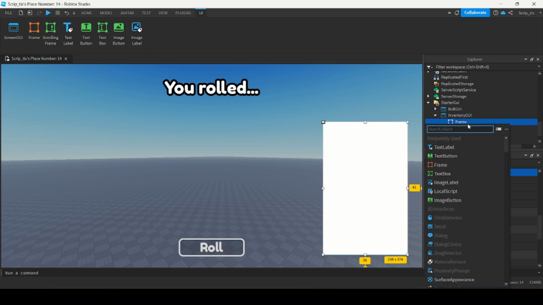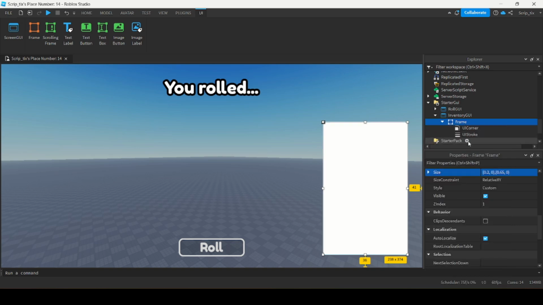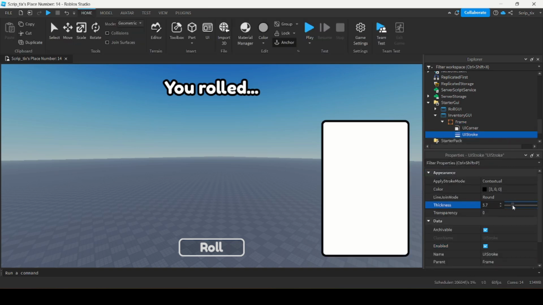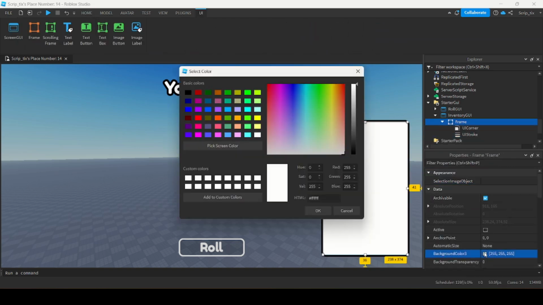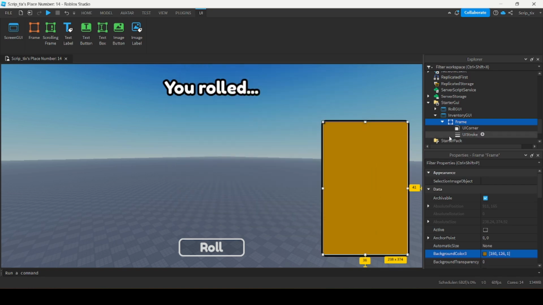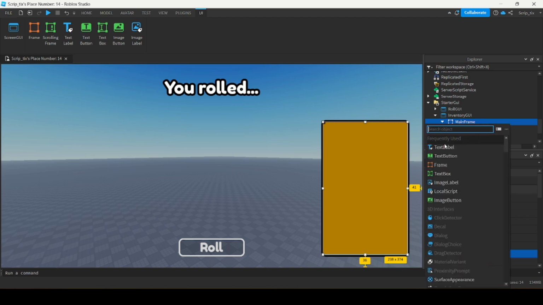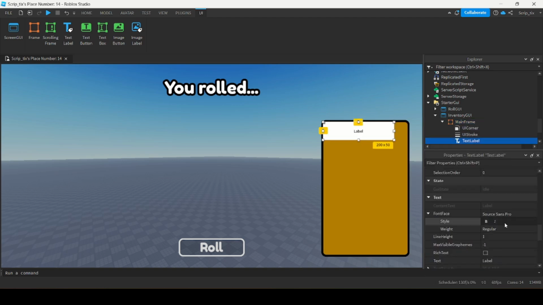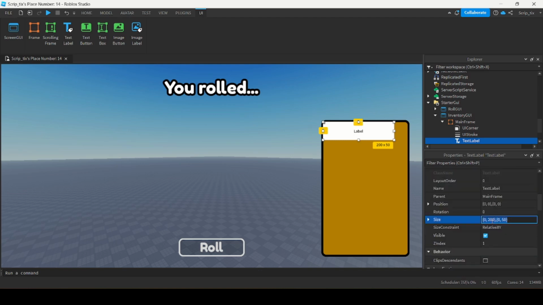So we can insert a UI corner to round it, and then a UI stroke as a border. So I'll make it thicker, maybe change the background as well to like brown or something. And I'll call it mainframe. So next thing I want to do is add a title at the top, scale it properly, so scale it to like